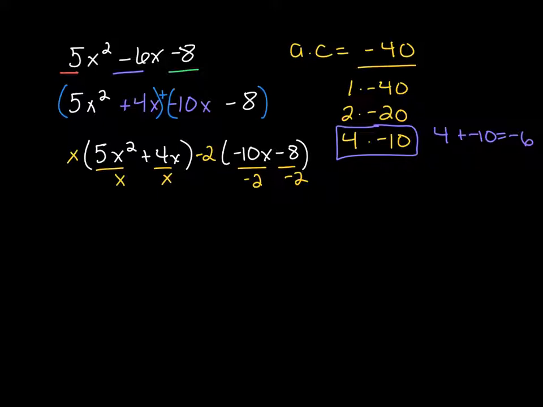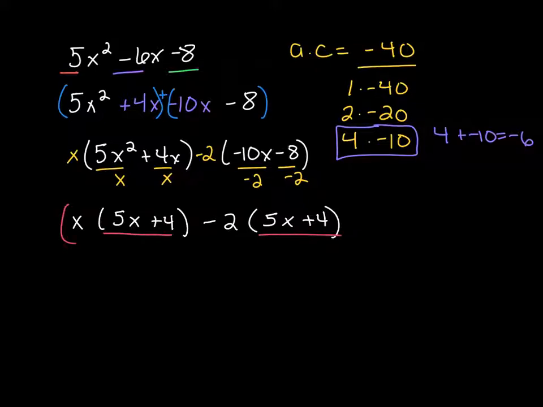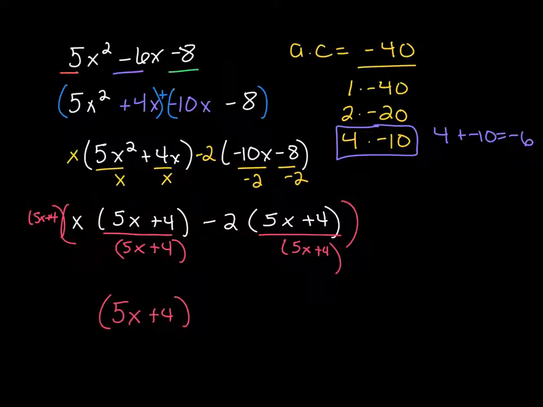Now we have x times 5x plus 4, minus 2 times 5x plus 4. Again, you should always have a common factor. If you don't, you messed up. You see right here, they both have 5x plus 4. So that's now my common factor. And so we can divide both of these by that common factor. And so I have 5x plus 4. And then when I simplify and take off that common factor, we're left with x